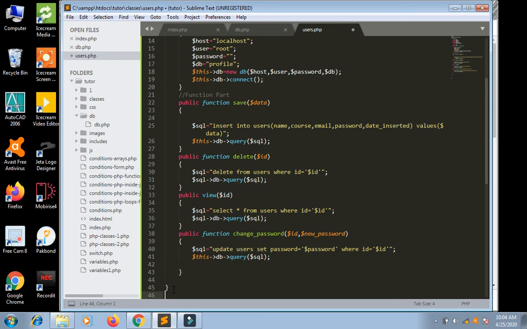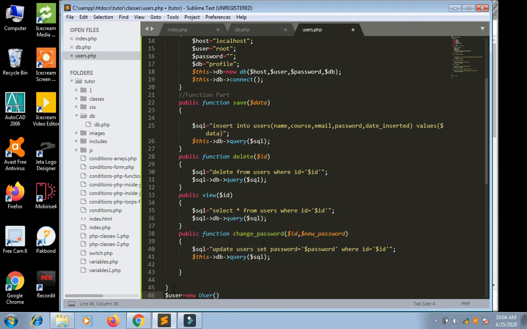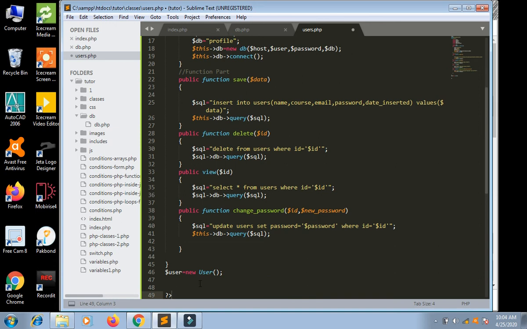I create $user is equal to new User, capital User, this is the class name, and in the constructor we are not passing anything.